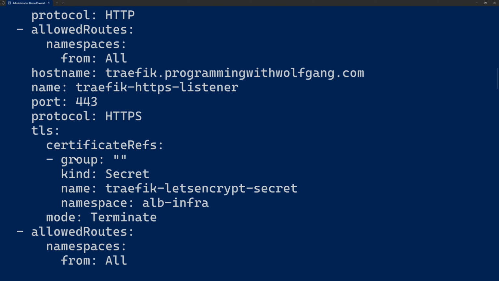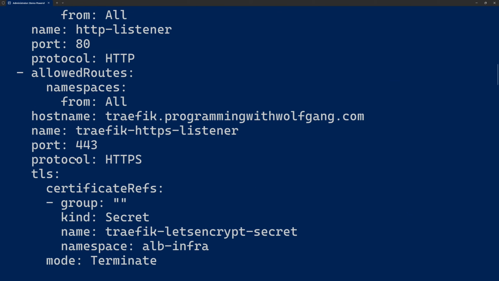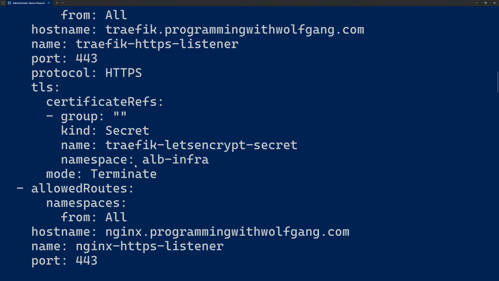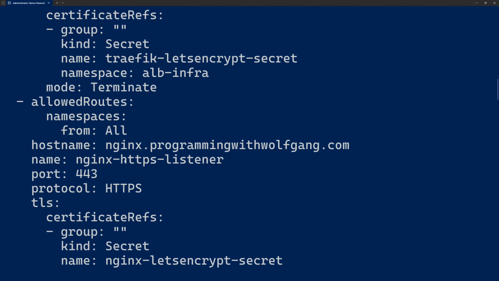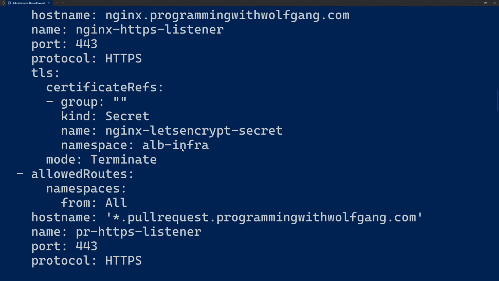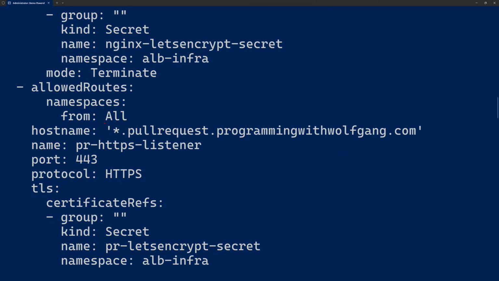Here we have our HTTPS listener, and as you can see, it listens to multiple host names. So it's actually starting here. So the first one is listening to traffic. Then I have a reference to the secret of the traffic. The secret contains the certificate. Here I have the URL for my Nginx. If we scroll a bit further down, here I have the host name for the